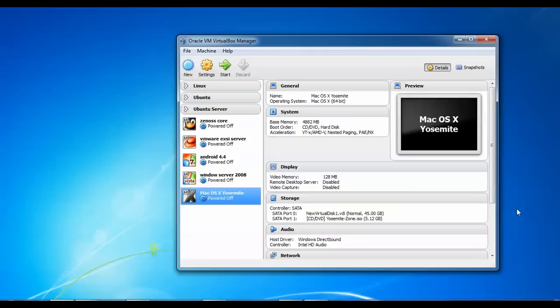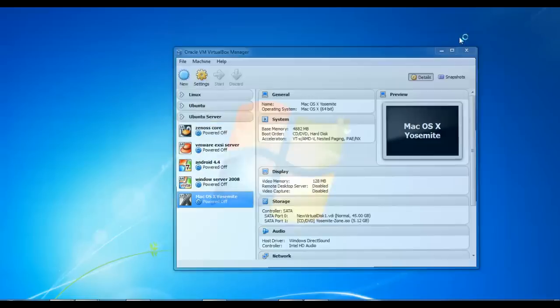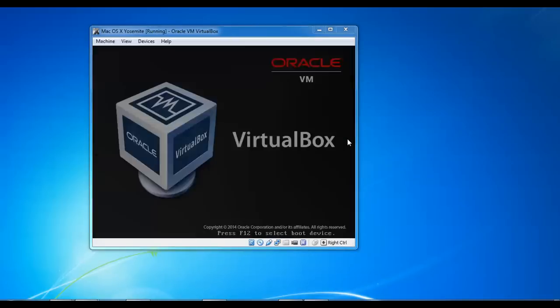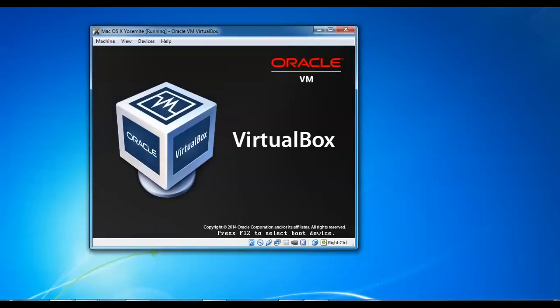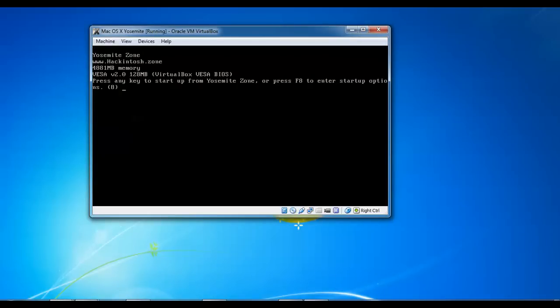So after waiting a long time, at the 2 minutes, it hung. So for Yosemite, what you have to do is power it off by clicking on power off, and then you need to start again. After powering off, just click on start Yosemite. You need to power off completely, then immediately press F8 to get the boot menu.